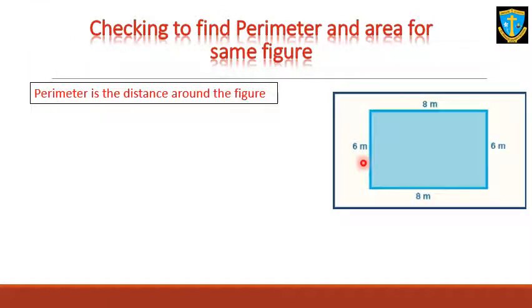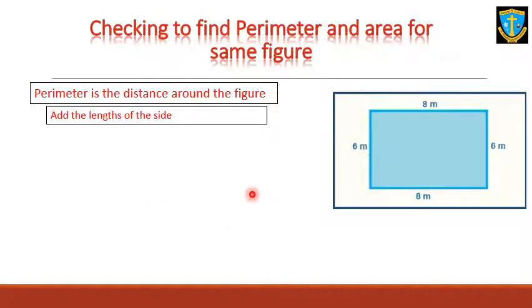We have learnt about perimeter. Perimeter is the distance around the figure, and how do we find the perimeter? Just by adding the length of the sides. Or you can use the formula also. The formula was perimeter of rectangle is equal to 2 multiplied by length plus breadth. So just substitute the values of length and breadth, add what is in the bracket, that is 8 meters plus 6 meters gives you 14 meters, and then lastly multiply with the 2. So 2 into 14 meters gives you 28 meters, a single unit.